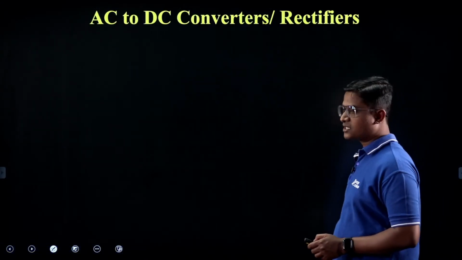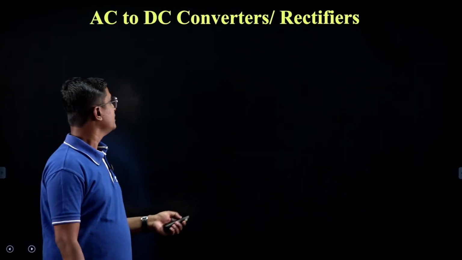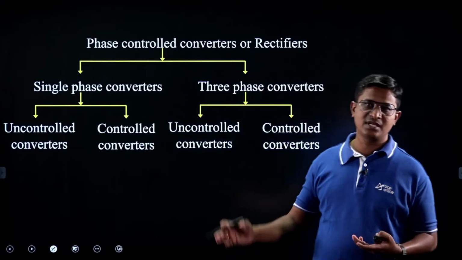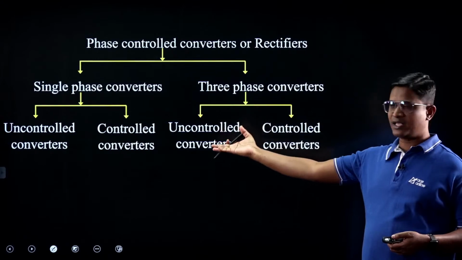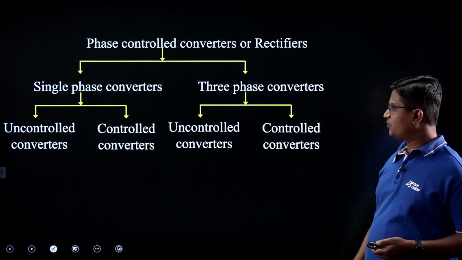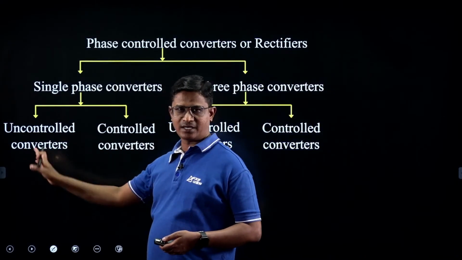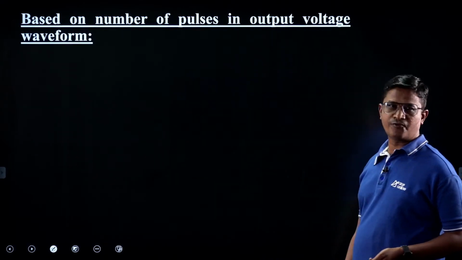Let us have some discussion on AC to DC converters. Here are the different types of AC to DC converters: single phase rectifier and three phase rectifier. In single phase, again there are uncontrolled and controlled. And in uncontrolled, we have single phase half wave, single phase full wave, etc. Now, based on the number of pulses in the output voltage waveform,